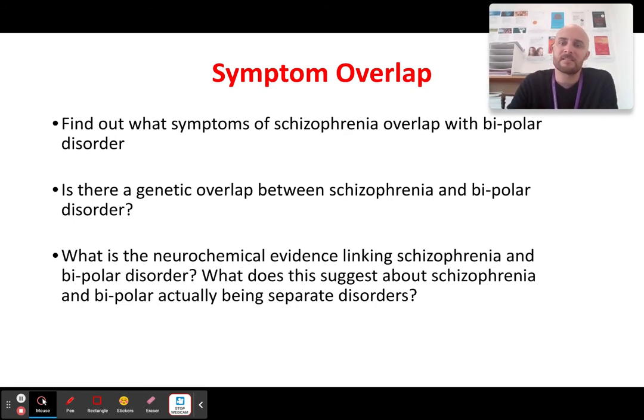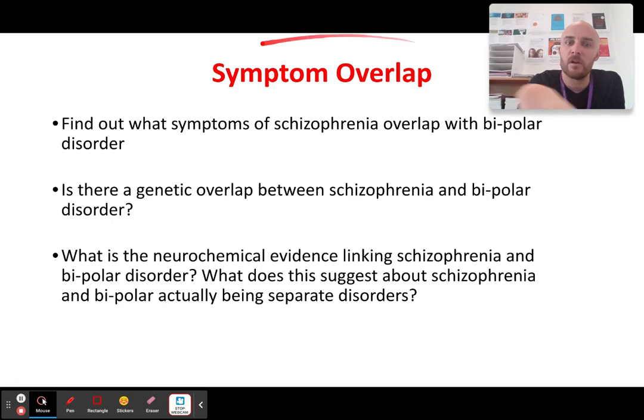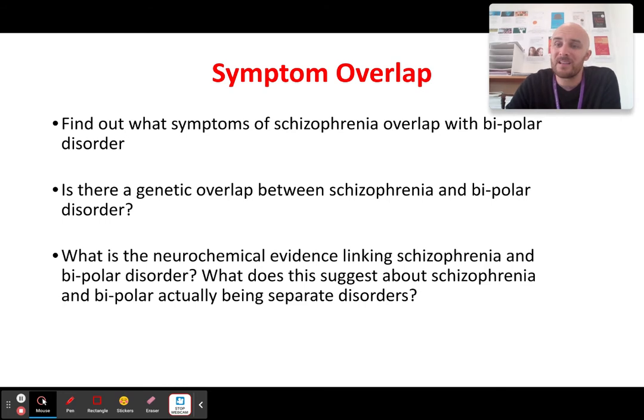So the point I'm trying to make here is if someone comes to you and says, "Doctor, I've got hallucinations and delusions," does that mean they have schizophrenia? No, because of symptom overlap. So without even going into any detail, I can tell you that this affects the validity of diagnosing. Symptom overlap affects the validity of diagnosis, because if someone comes to you and says, "Doctor, I've got this symptom," and here's the important bit, there's no one symptom that is exclusive solely to schizophrenia. Do you know what I mean?